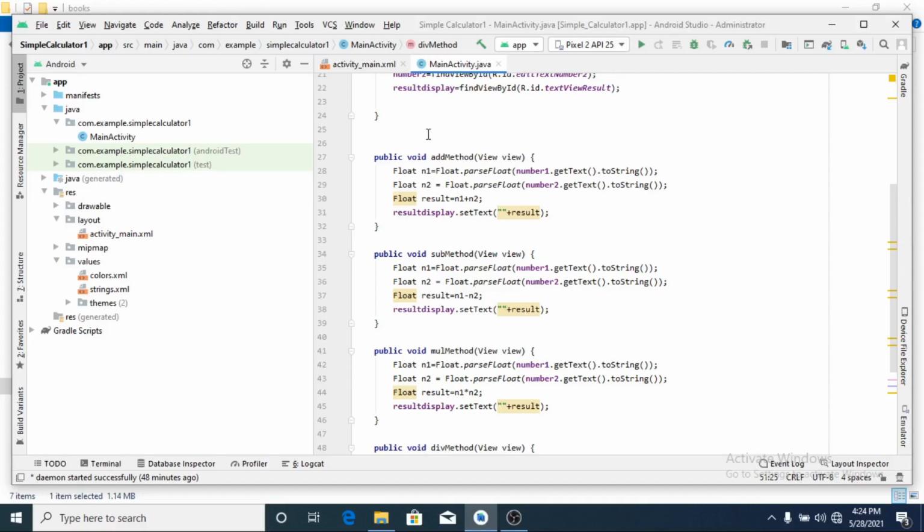Let me go to app 2 later. Within this week, if possible, I will do that. But otherwise, this initial simple calculator, you should execute and show me the results. Okay, thank you then.